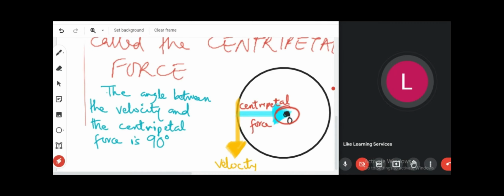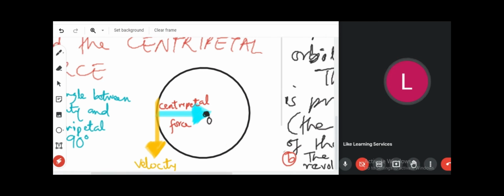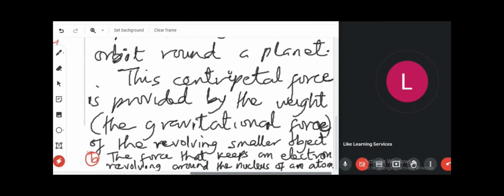That force of attraction between the nucleus and electron keeps the electron in an orbit around the nucleus, as the electron is orbiting around the nucleus, which is at the center of the atom. So that's also where we can find an example of a centripetal force,